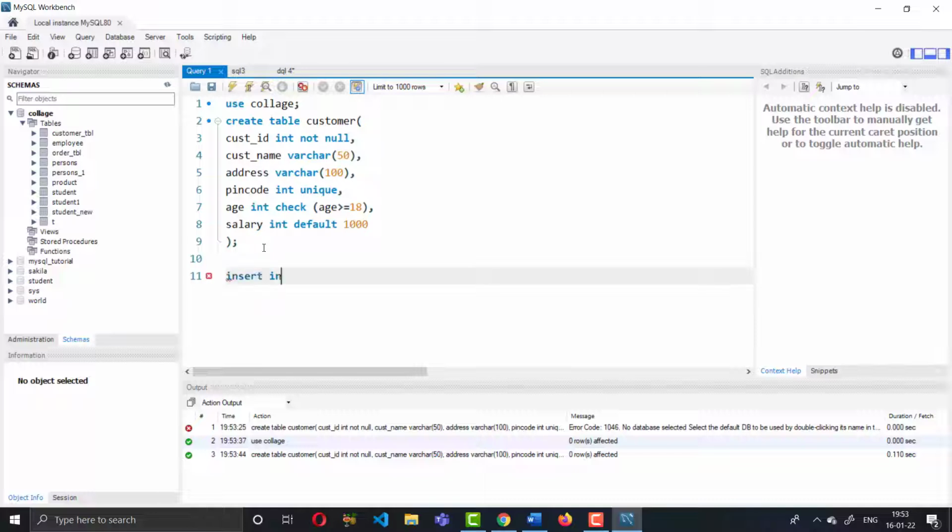Insert into, provide the table name customer, and give the structure of the columns: customer ID, customer name, address, pin code, age, salary.